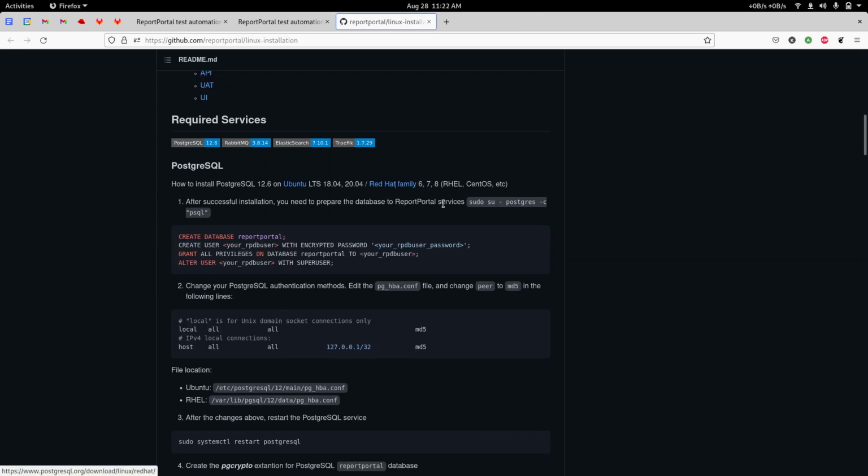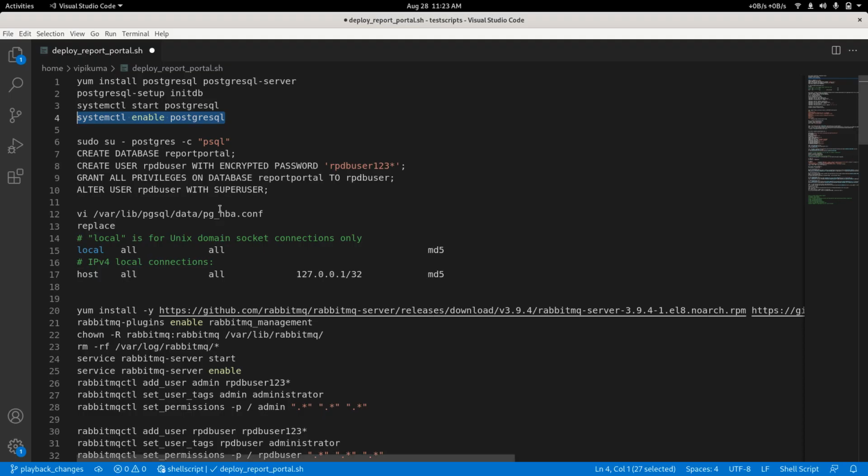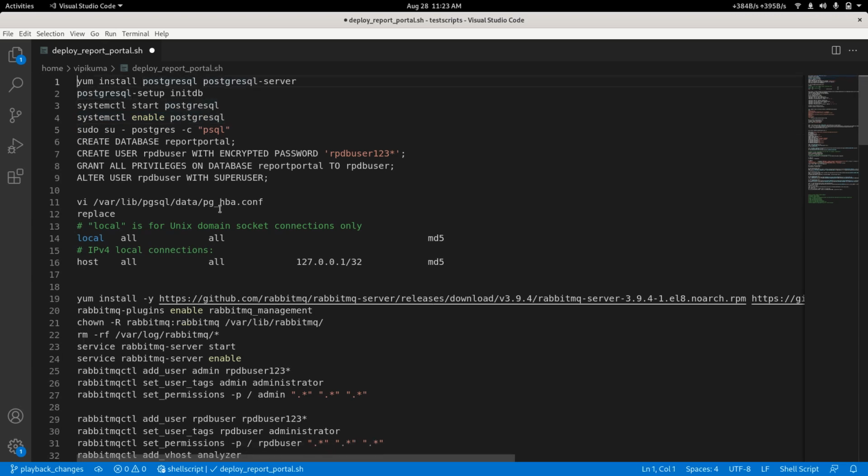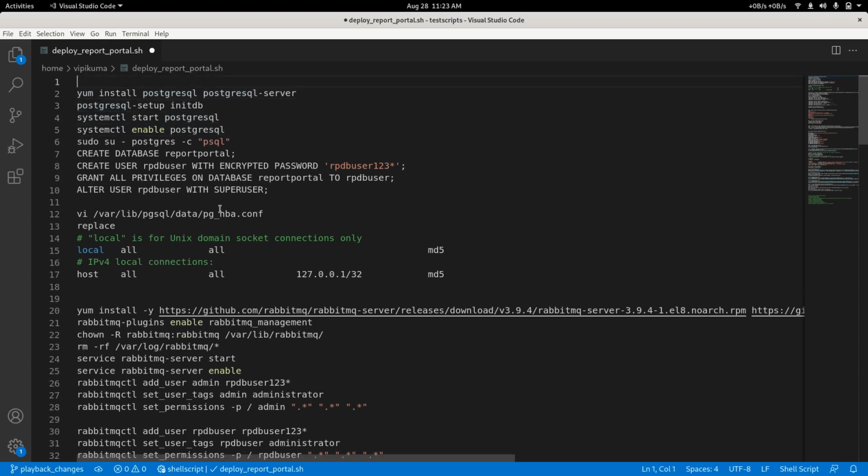Now let us quickly set up the database for our ReportPortal. I have mentioned all these commands right here in the document, and I will be adding the URL of the same in the description. Setup, oh my bad, PostgreSQL,